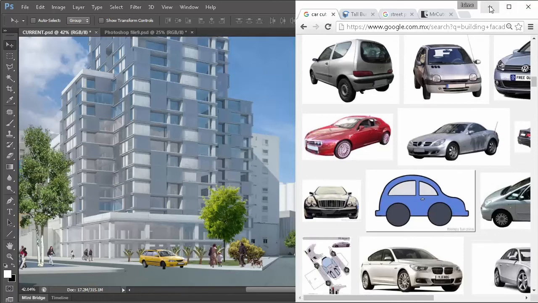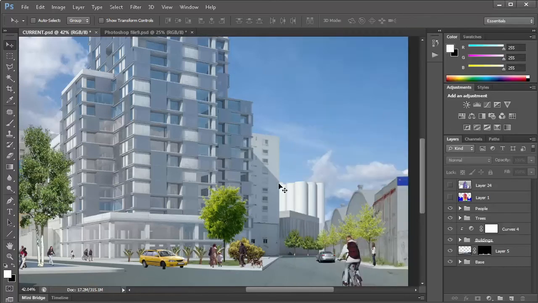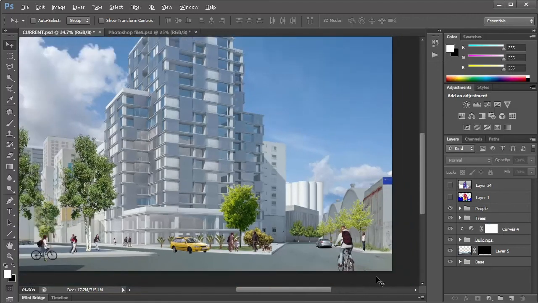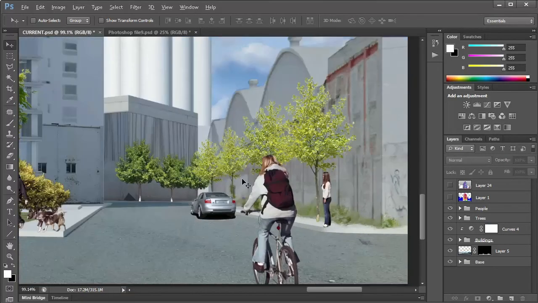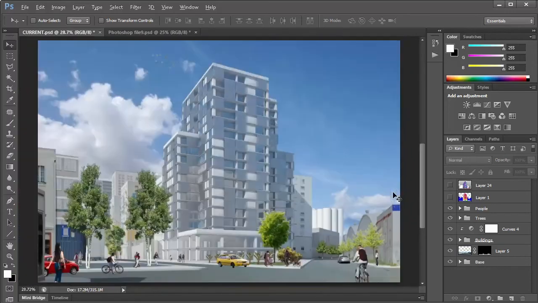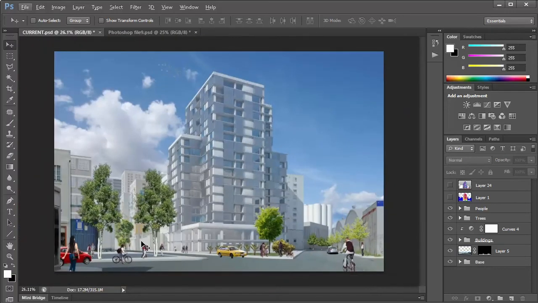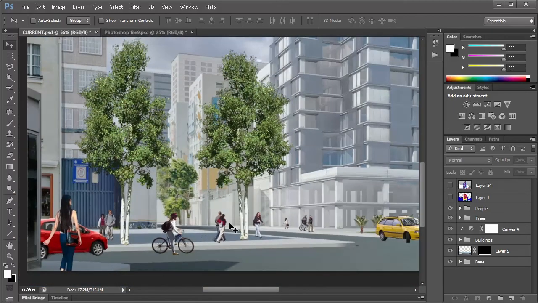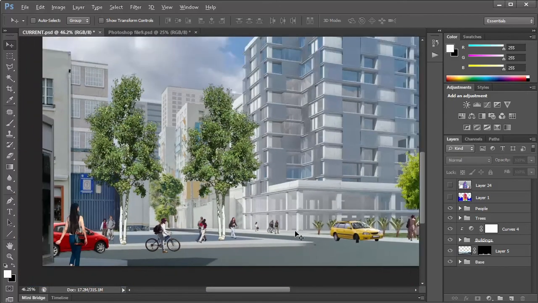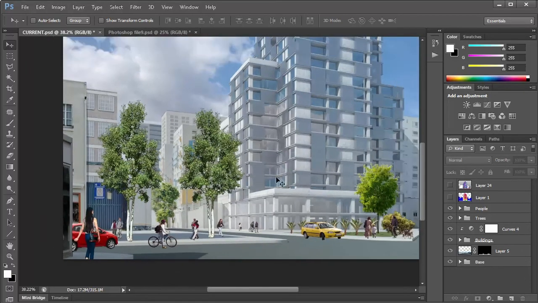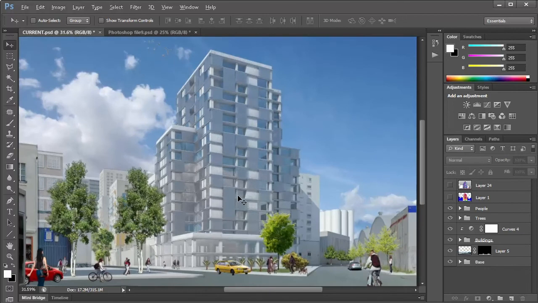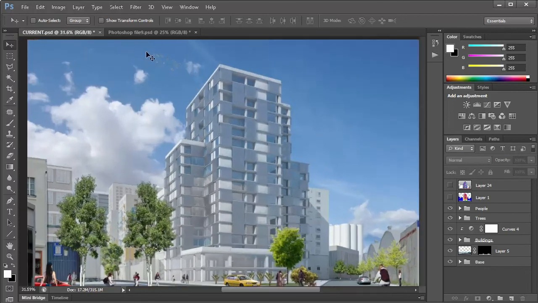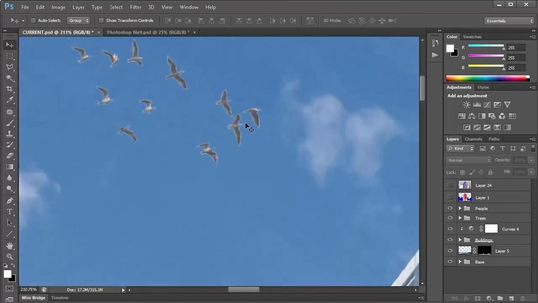Now, all of these will look quite flat at the moment, and they'll look just copy pasted, not really good. The next part of this is going to be about modifying the shading in all of these in an easy way so that they start to blend into the scene more and they don't just look copy pasted on. Notice also birds. Everyone likes birds.